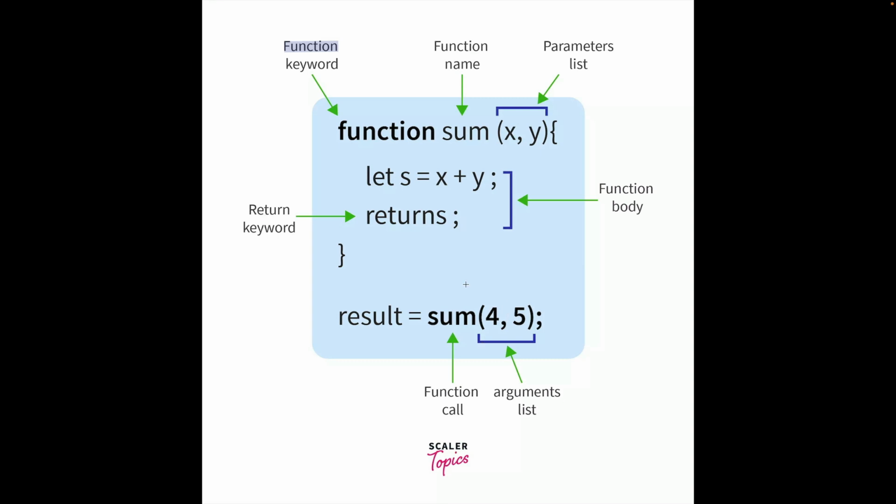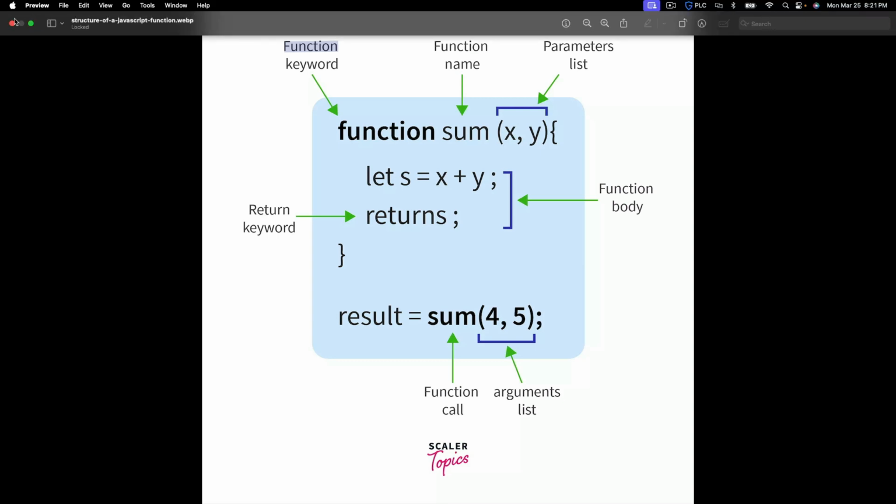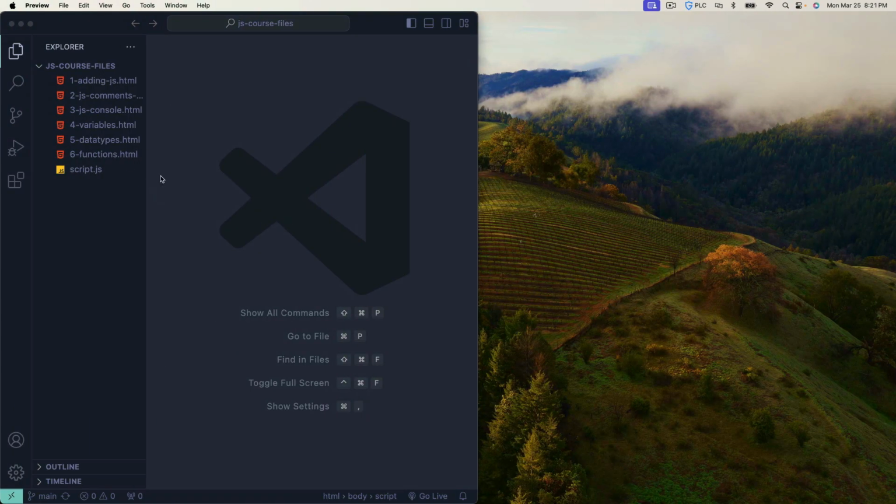So what this would do is it would just take these two parameters, x and y, and add them together in this case. And then when you call the function sum, you can put 4 and 5, and if you log it out to the console, it would say 9. Okay? So let's go ahead and actually write some functions that take parameters and then add some arguments in so that we can do some calculations with our functions and make them a little more reusable, a little more robust. Okay? So I'm going to go to the files that we've been working in here, the JavaScript course files,